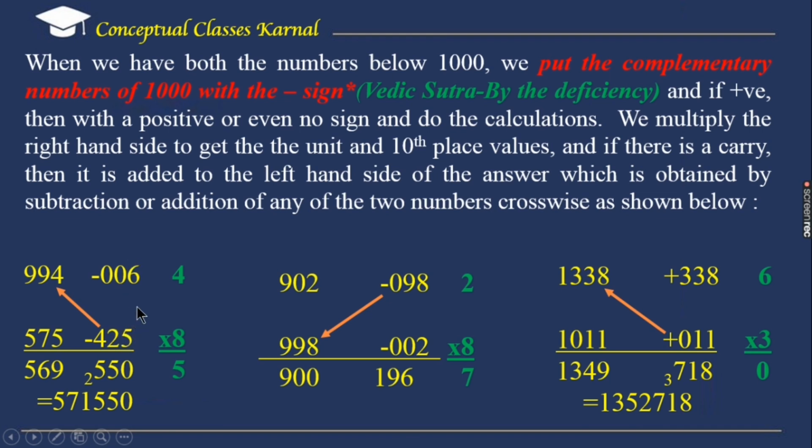So these two are to be multiplied to get plus 2550, where 2 will be a carry because we have 3 digits here, 3 zeros, for which will be replaced by 550, and this 2 will be added to the left side of the answer, which will be coming from here. So either you subtract 425 from this or you subtract 6 from 575 to get you 569, to which the carry 2 will be added to get you the final answer